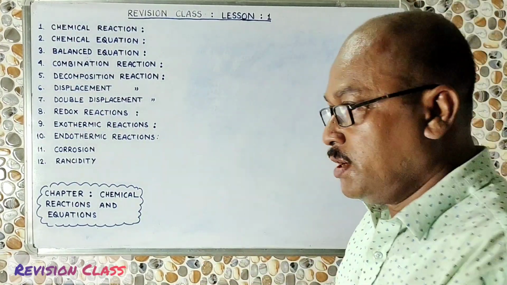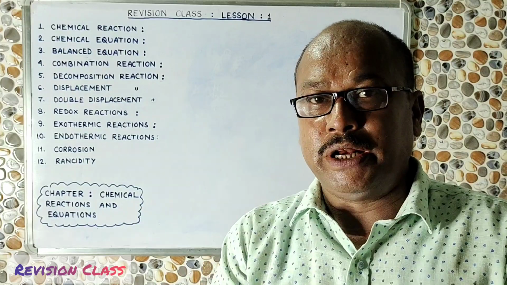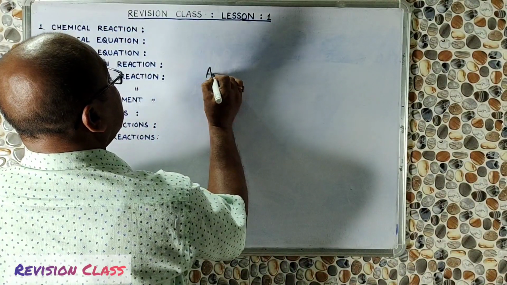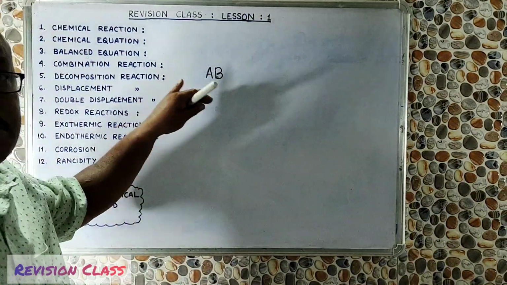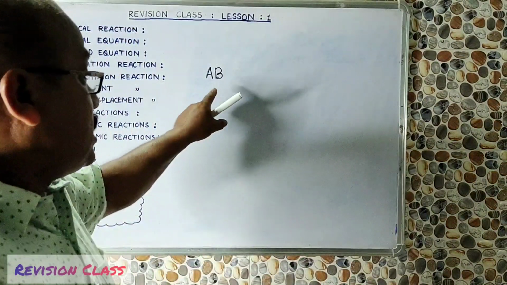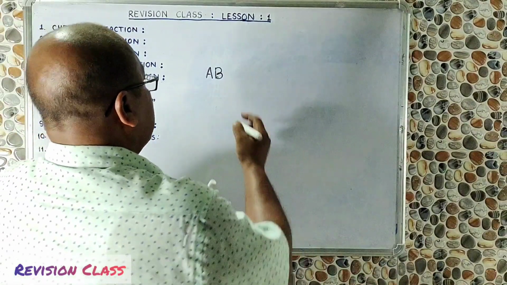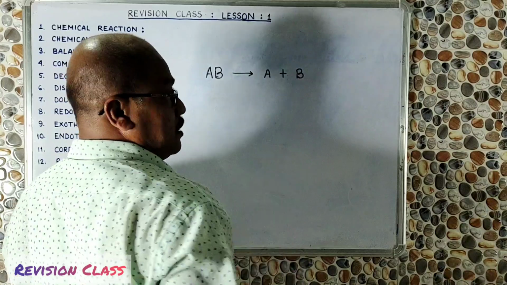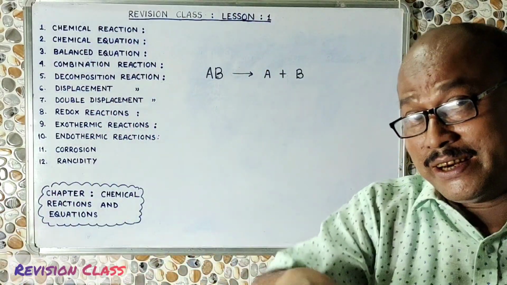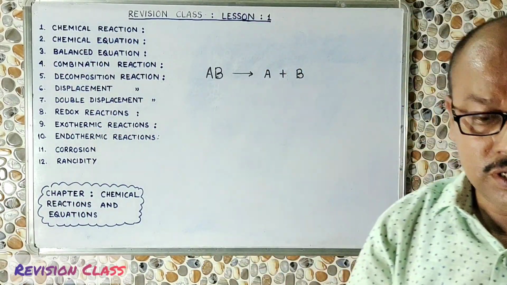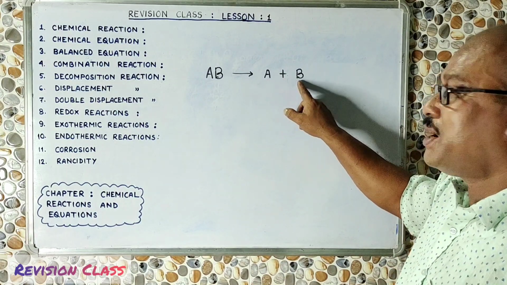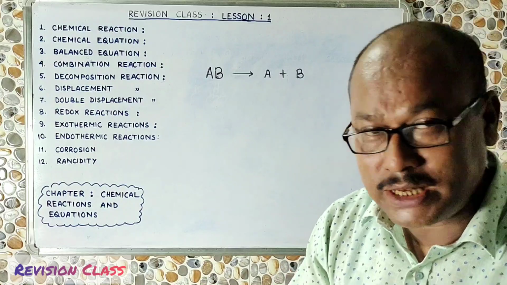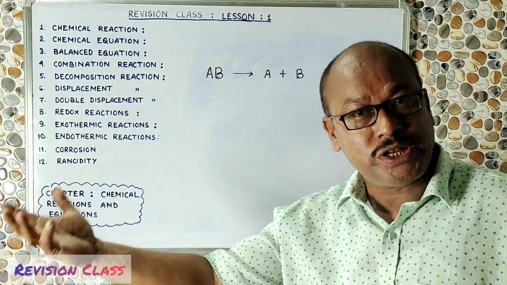What is decomposition? Decomposition reaction is completely opposite to the combination reaction. Here we will see, suppose AB is a particular chemical substance, a big product or whatever it may be. This compound is now broken down to A plus B. So it is completely opposite. You can see the reverse of the combination process. In combination, we have seen A and B combining to make AB, but here AB is broken down to A and B. This type of chemical reaction is called a decomposition reaction.